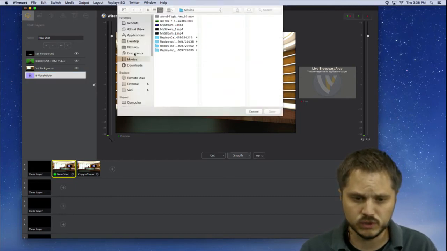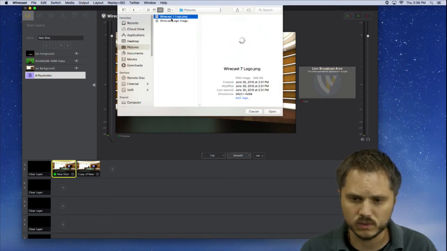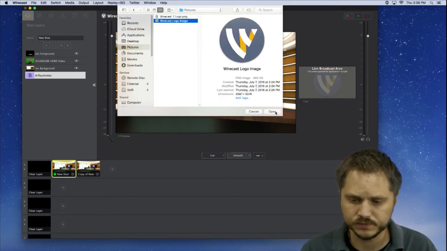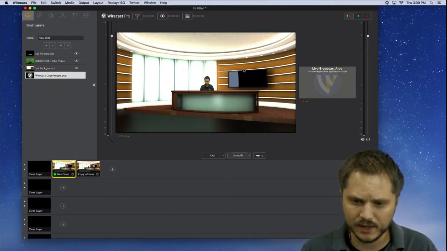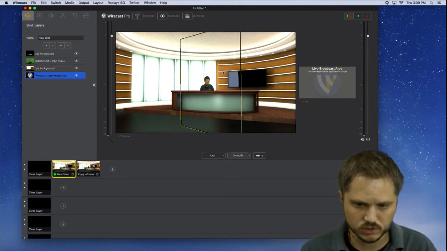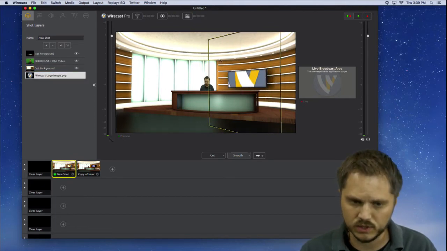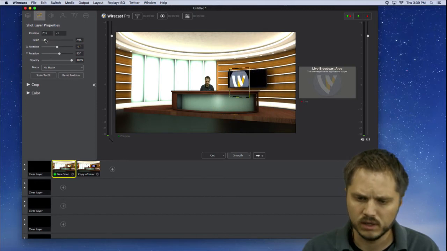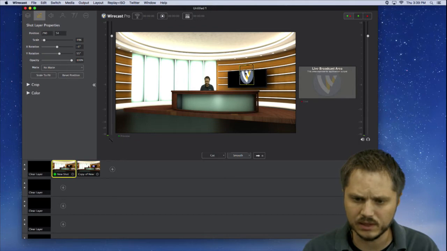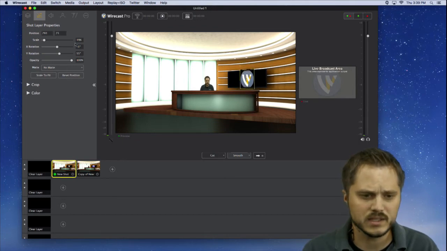I'm going to go to my pictures, and let's bring in, say, this Wirecast 7 logo. Hit open, and if I drag that, oops, hold on, let's make sure it's the right one. Drag that through, you can see it's quite large. We're going to scale to fit. Actually, I'm going to just scale it down here. And it's going to scale inside of the television screen, because again, it's layered behind that, and this layer that's